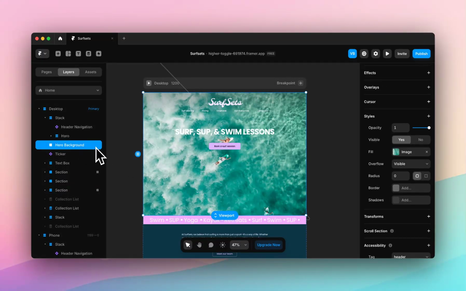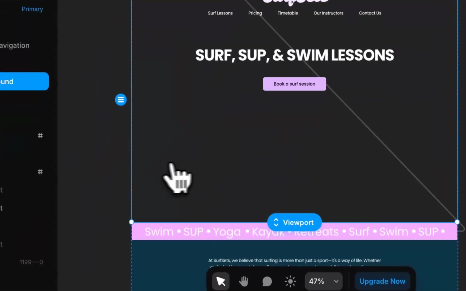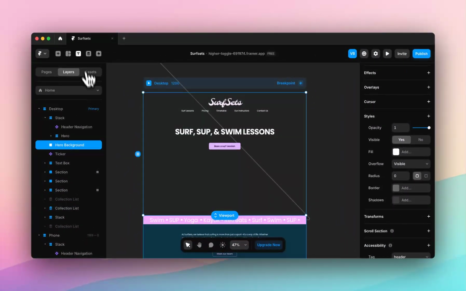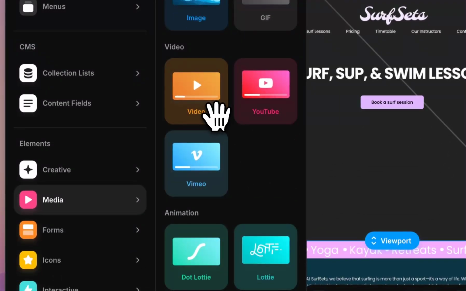So we're going to click on this hero background section, which is sitting underneath our navigation and our hero copy and CTA. And we're basically going to remove the fill so you can see that there is now nothing in this background. I'm going to click on the plus icon, come down to media and click on video and drag